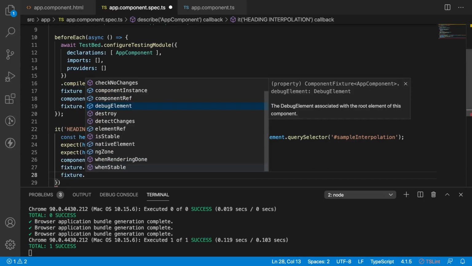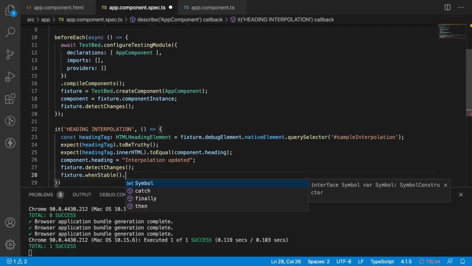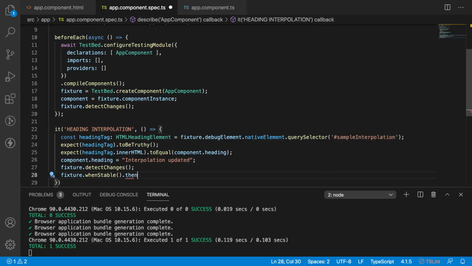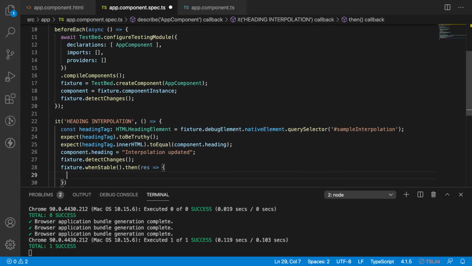a promise called fixture dot whenStable, a method that returns a promise. So we can use dot then, and it will return something. Whenever the component becomes stable, it will go inside this particular then and start executing the content. So let me get that element again.